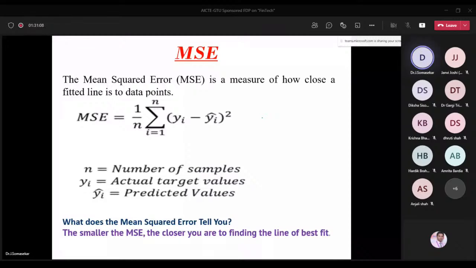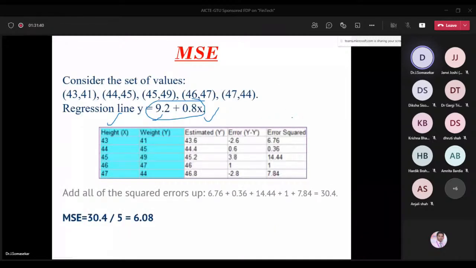So you can see here the error should be minimum. Whenever the error is minimum here, then the MSE value is low. If the error is more, then the MSE value is high. That means a low MSE value indicates the best regression model. A high MSE value indicates the not best fit regression model. So this is the way we can calculate MSE. So we have height, X value, Y value, estimated value. By using this regression model, we know how to calculate by using the formulas we discussed. And finally, after calculating, MSE is 6.08.